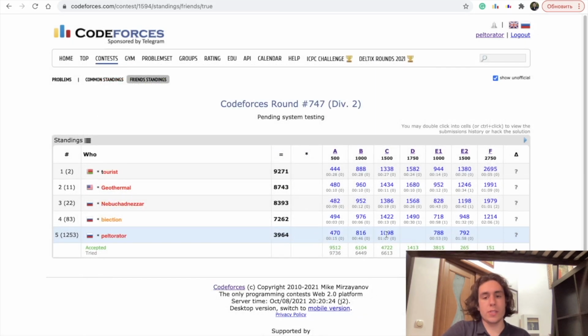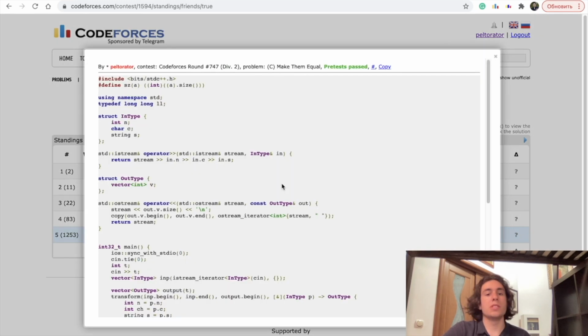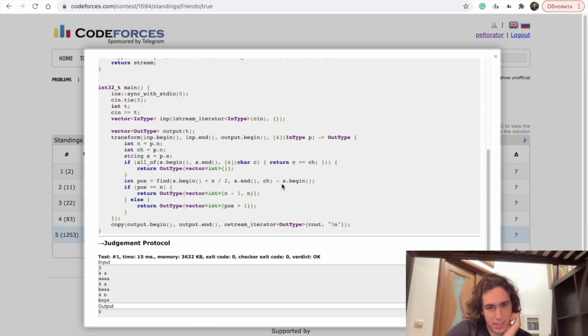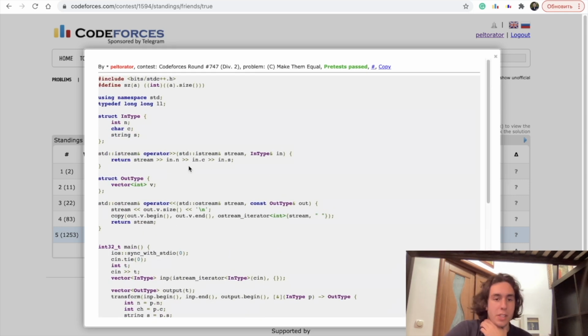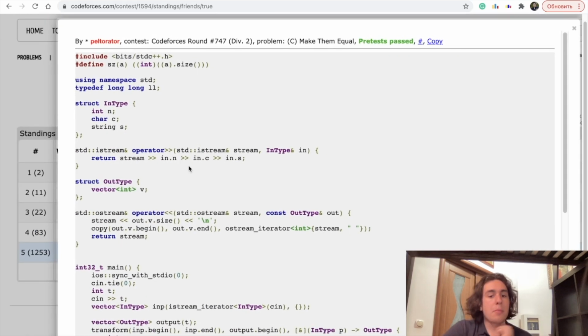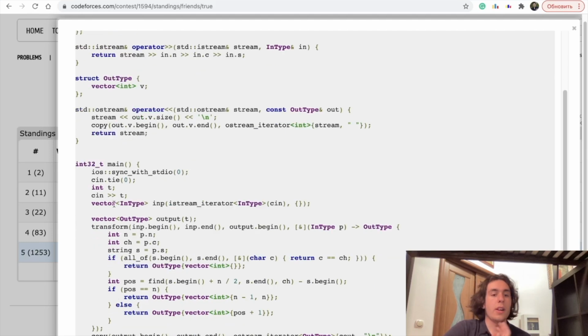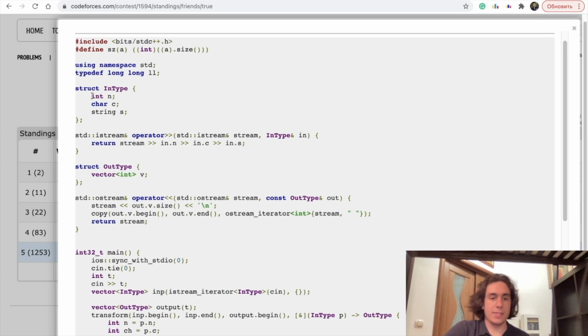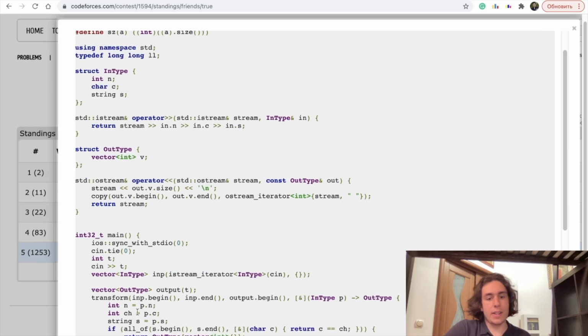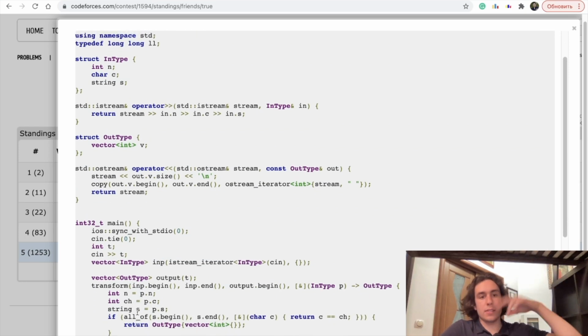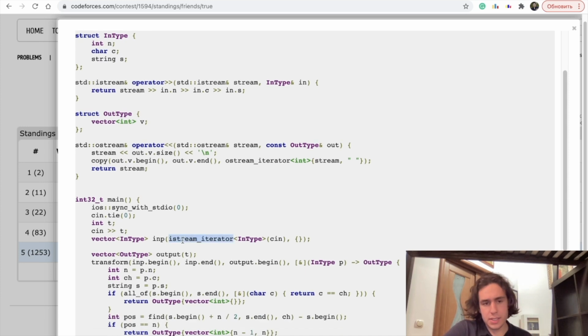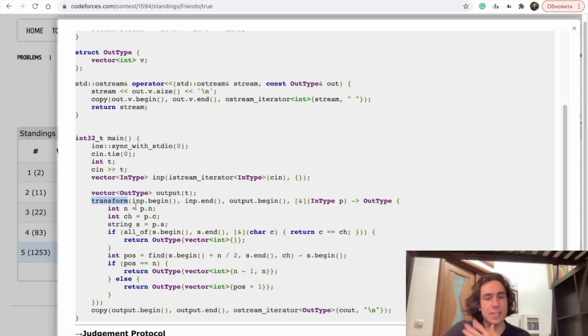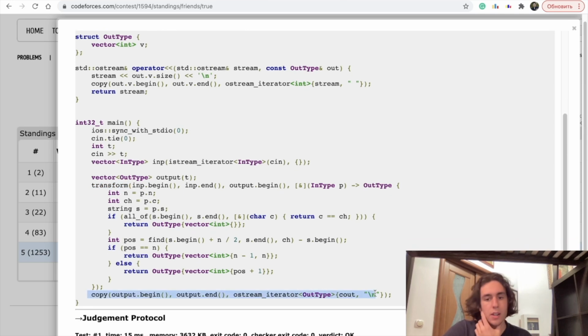Then I went for problem C, which was a really hard problem. Oh no, it's not. Actually, no, the hard problem is E1. Here I mastered this thing with inputting the custom type. I created my custom type with number, character, and string, and then there were n times of number, character, and string. I just inputted it and then solved for each test case as previously, and then copied it into